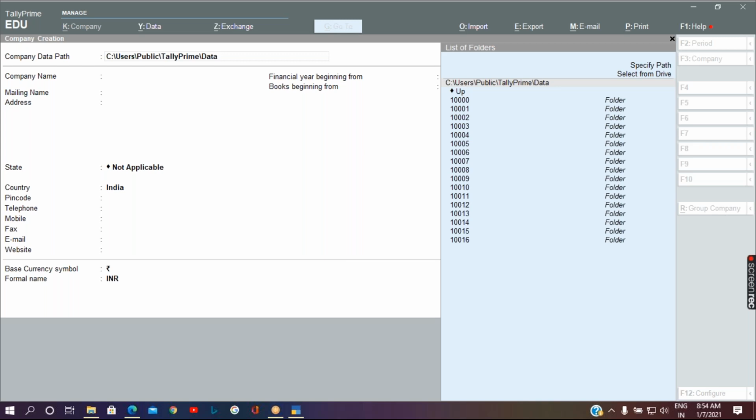To move to the next option, either press the Enter key or use the arrow keys.